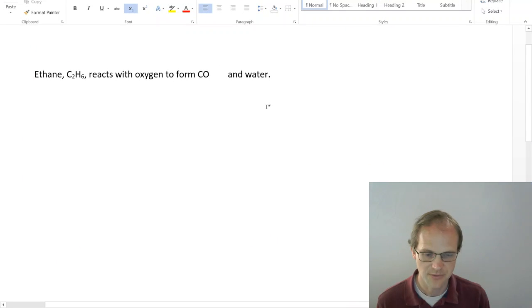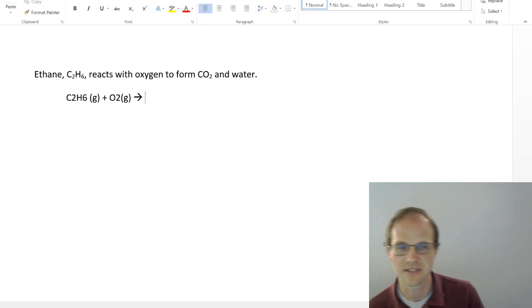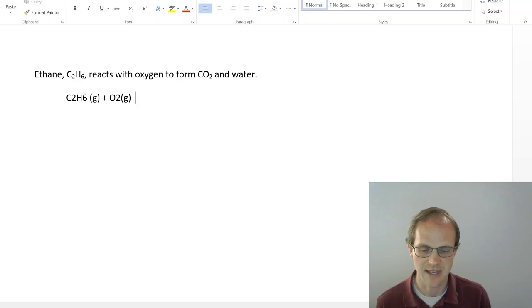All right, to form CO2 and water, if you have a balanced chemical reaction, C2H6 gaseous plus O2 gaseous. Oh, hey, what just happened there? It turns out there are some built-in shortcuts in Word. If you want to make arrows and things like that, you can go to Insert, and then there's special symbols, and you can look for that. But if you just quickly want to make an arrow while you're typing along, you say O2 gas, and then dash dash greater than, and it turns into this right-hand arrow.